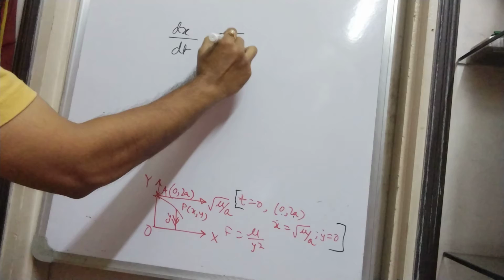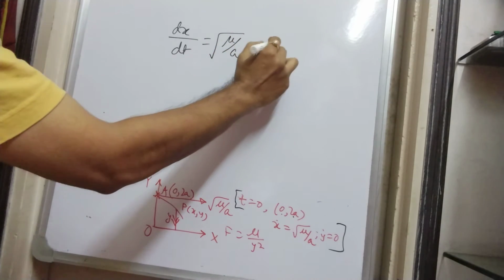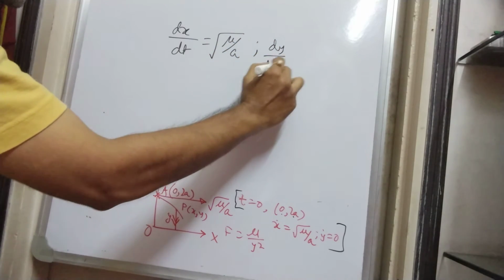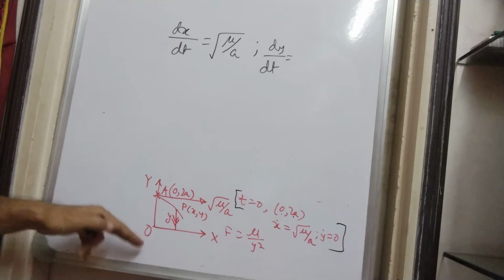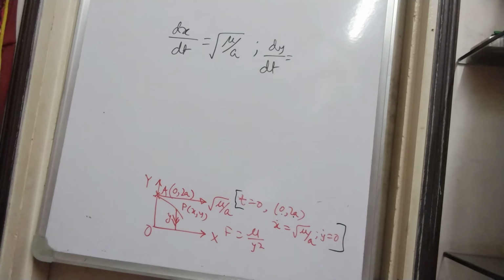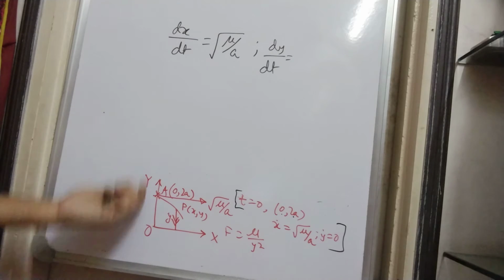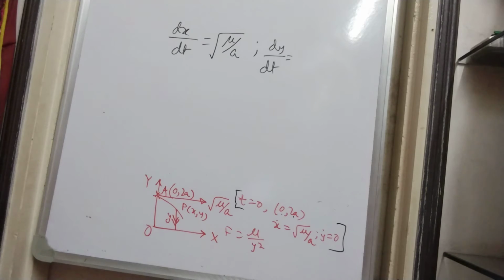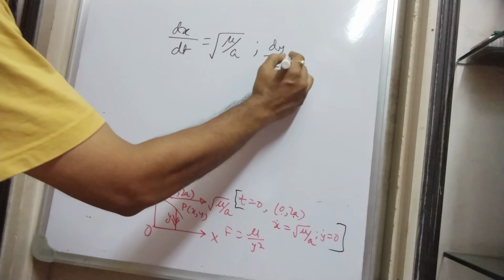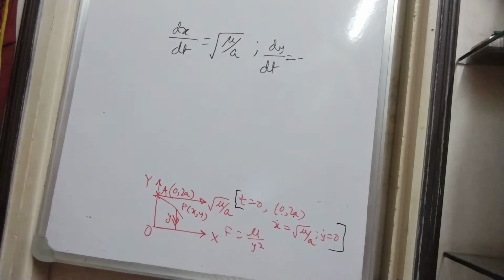This is root over mu by a, and dy dt is nothing but, see, there is a plus minus sign involved here, and we keep the minus sign simply because the acceleration is directed towards this, and the velocity will also be in that negative direction, isn't it so? Because the direction of y is upwards and the acceleration is downwards. So obviously the square root plus minus sign will take up the minus sign only,